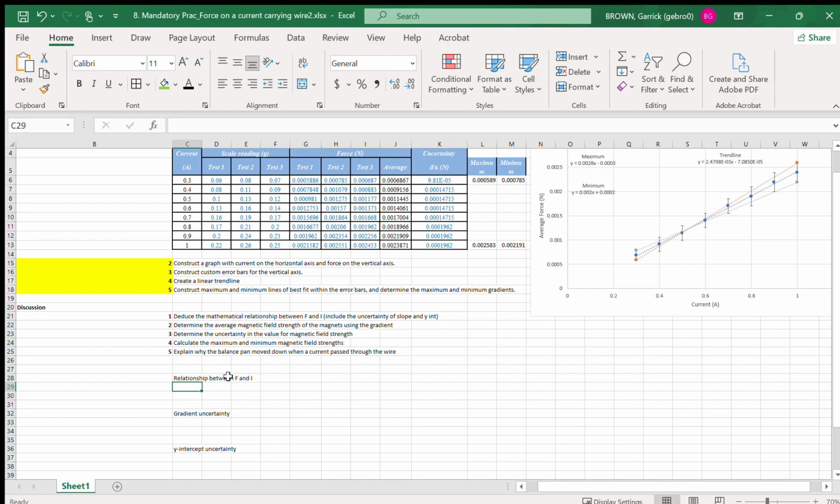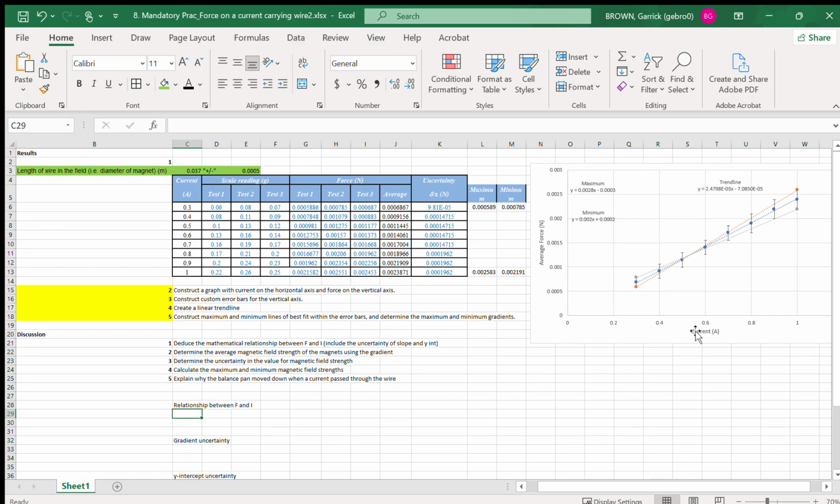So the relationship between force and current is that current is our independent variable on our x-axis, and our force is our dependent variable, in that the force depends on the current, right? And we can see this clearly in this relationship. As we increase our current by a set increment, the force depends on that value as we see an increase, okay? So what we are going to do is take our